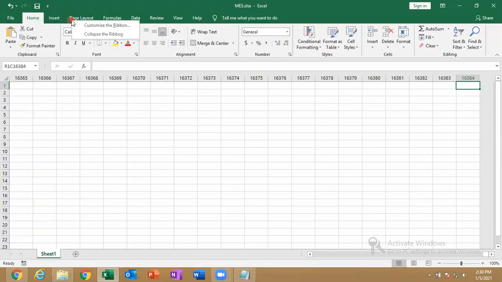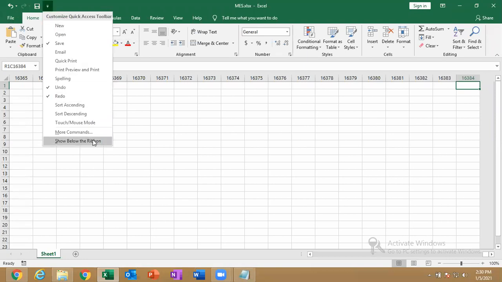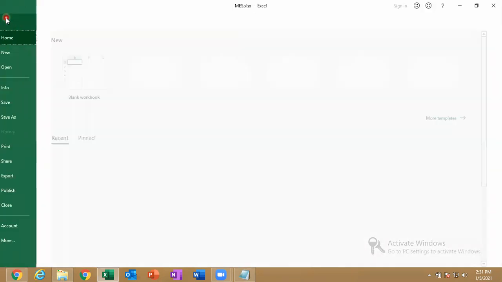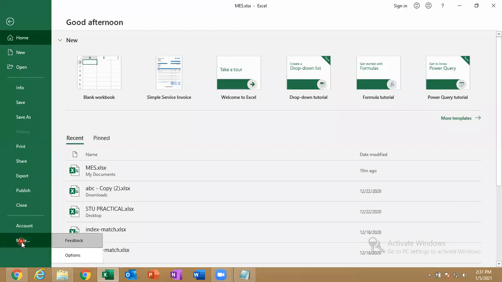Okay, right click. Is there any options? In the office button, more options is there. Yes, anywhere. If you click on the office button, go for the options button. So Kalavati is still saying that she can't find it. So it is Excel options. Now click on the file. Go for options.